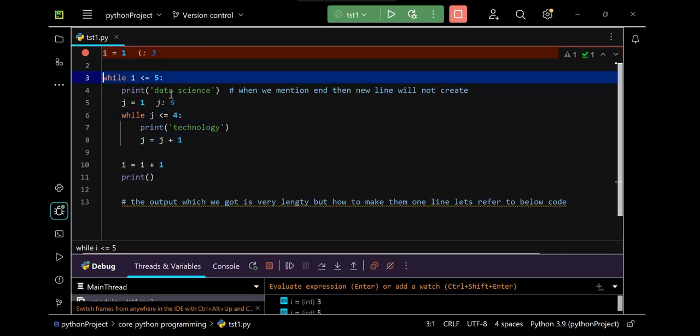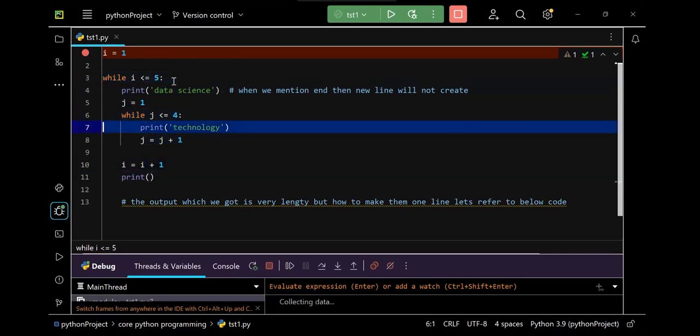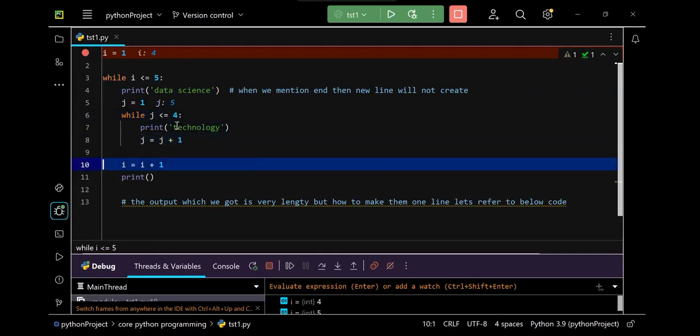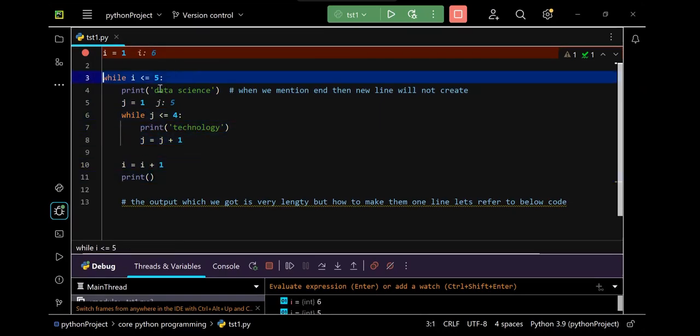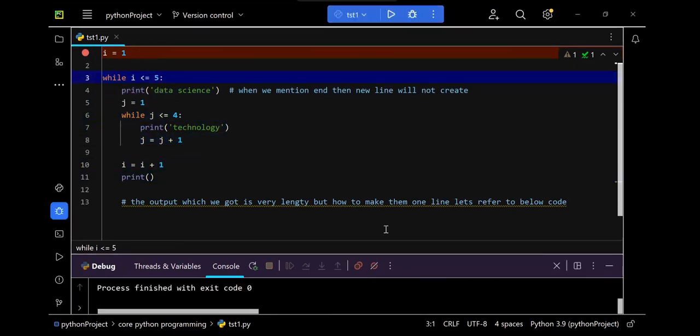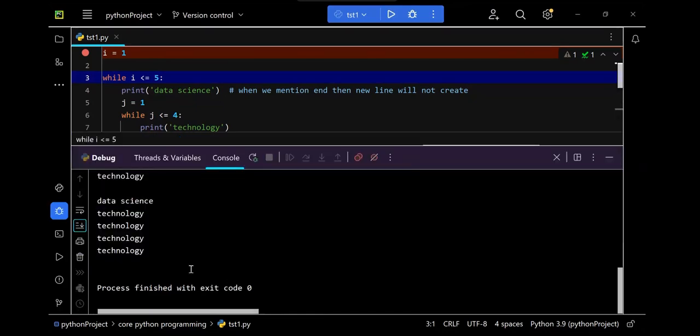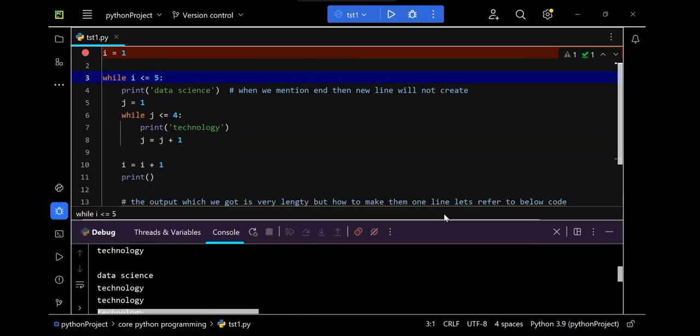Now again, i equal to 3. Now try this. What happened? i equal to 4 now. Will j print or not? Try this. i equal to 5. Again we check, 5 plus 1 equals 6. And done. Now is the condition incorrect or not? Then stop. Process finished. Now this is the output. Pretty clear? What have we done? Nested while loop. What have we done, guys? Nested while loop. So I want everyone, the way I'm explaining now, go home and do that.